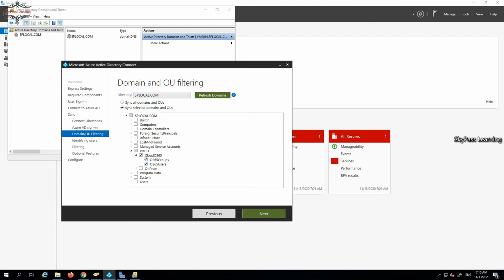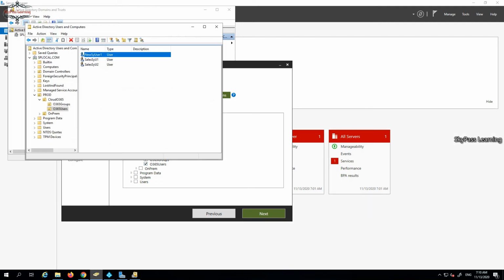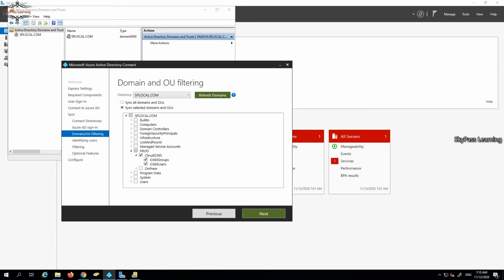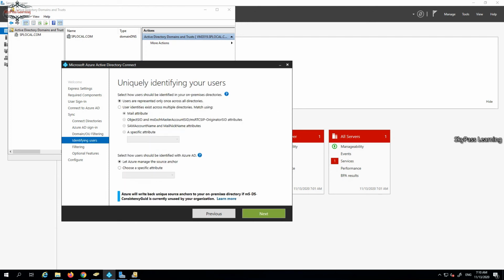So I have taken the specific user group which I have shown you here. These groups and Cloud O365, and this is an approach used by most organizations when they are trying to sync the environment. They always use specific OUs in the environment to sync to the cloud. Just click on next.